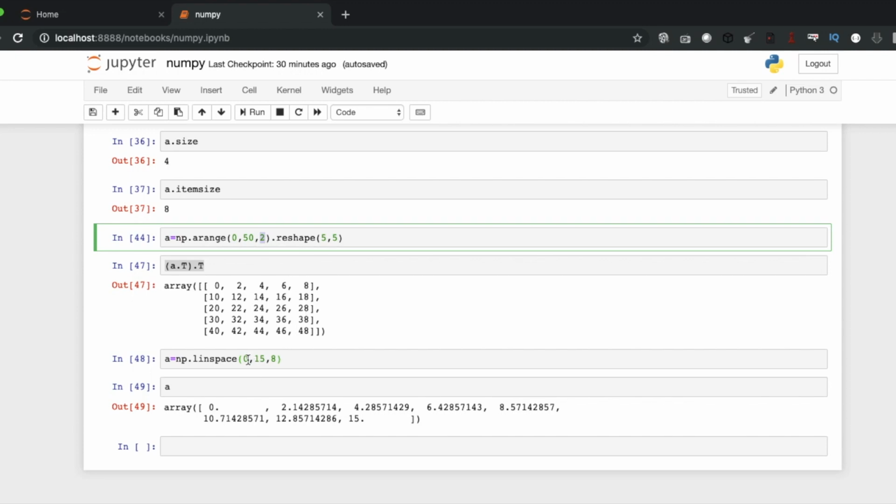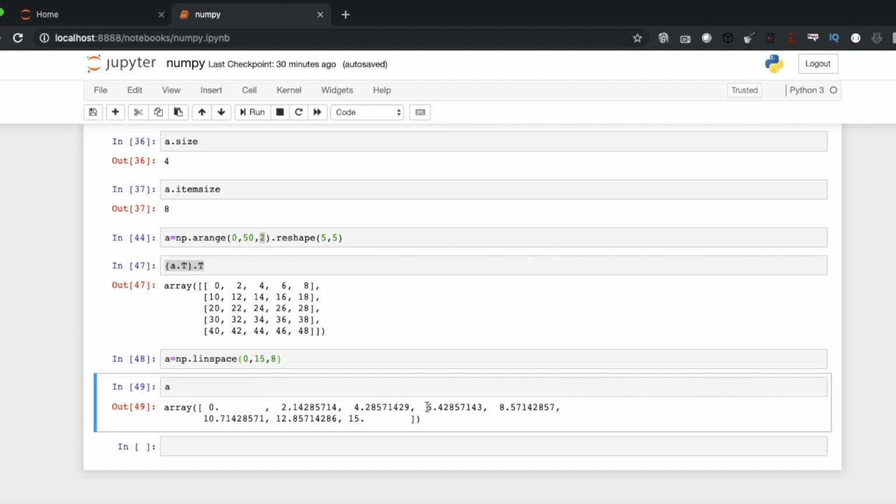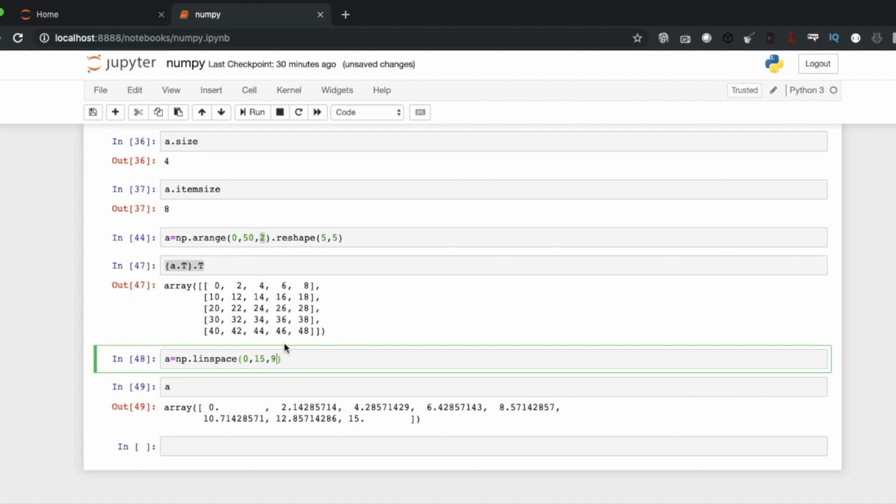And here we are giving the start and end, and we are giving how many elements will be there. I said it should start from 0 and end at 15, and there will be total 8 data points, equally distributed between 0 to 15. So 1 2 3 4 5 6 7 and 8. Is it clear?